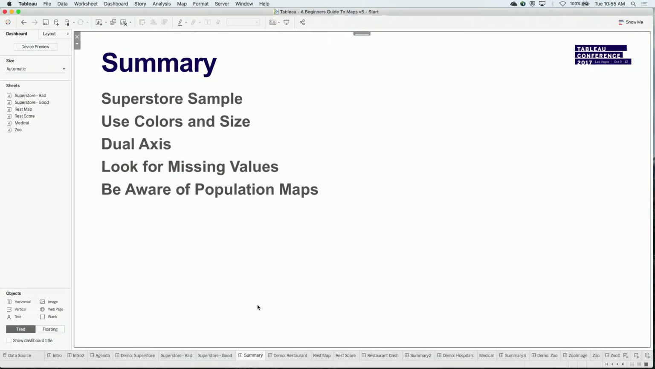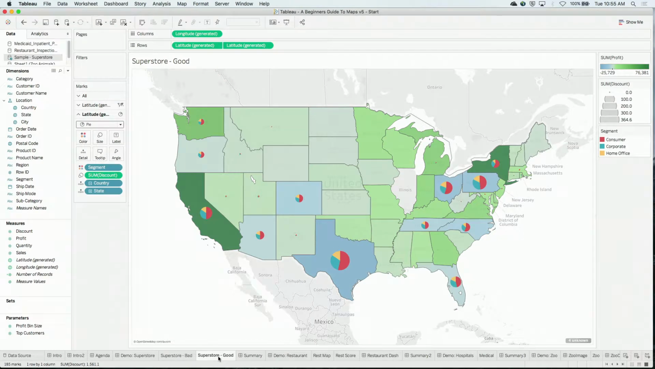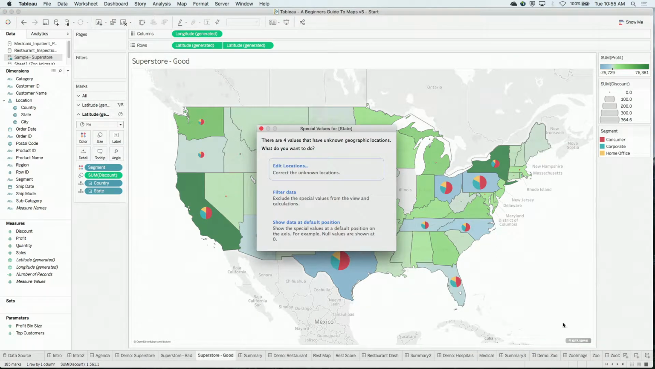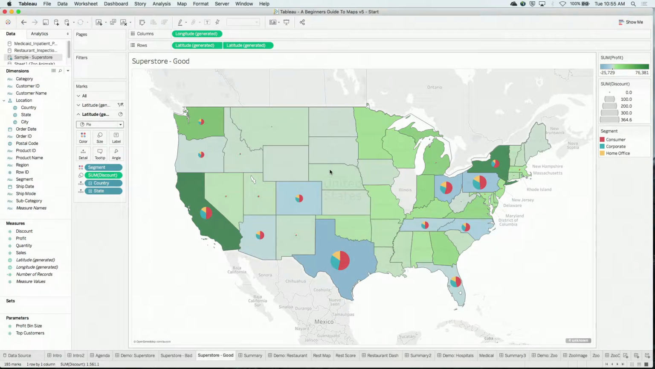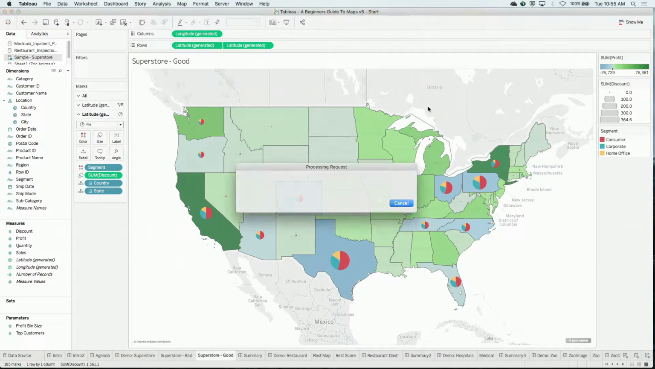And I forgot to show you the missing values. Let's go back there. Good thing I have this summary. To fix these missing values here, I can hit this for unknown. I'm going to go to edit locations. And when this pops up,